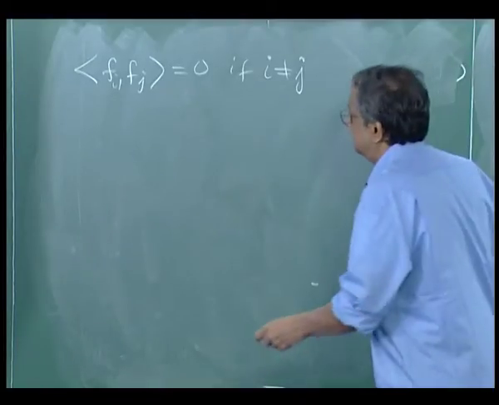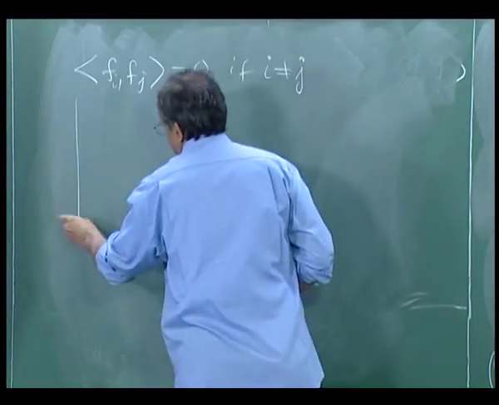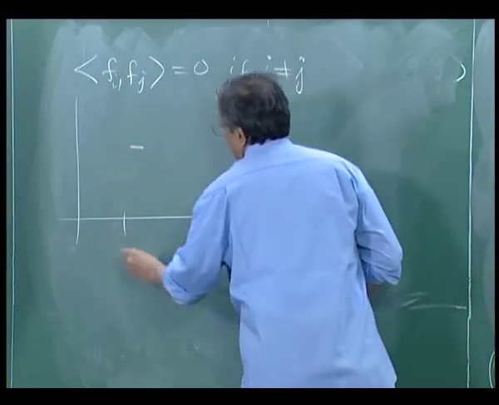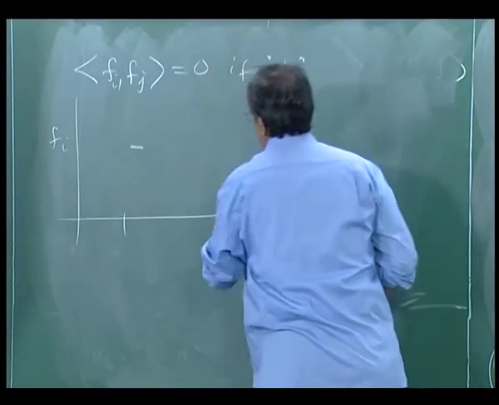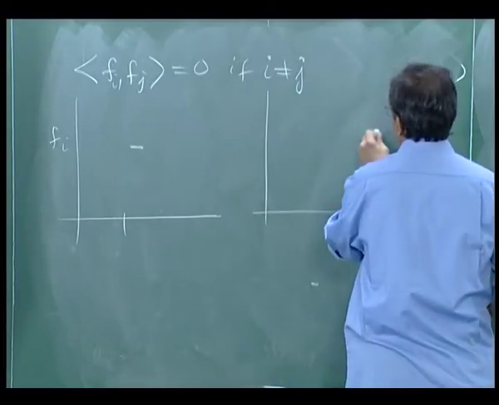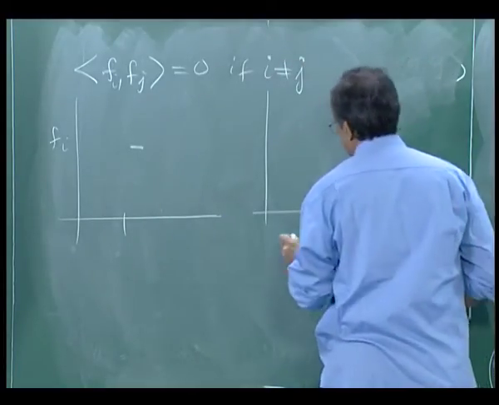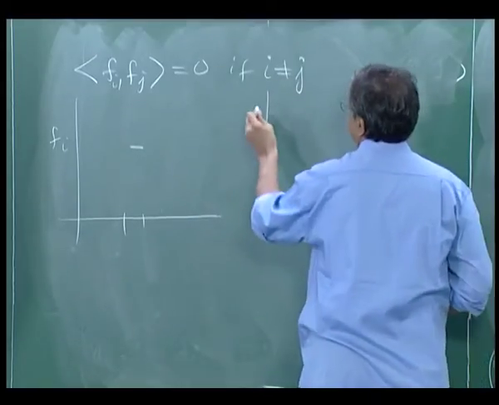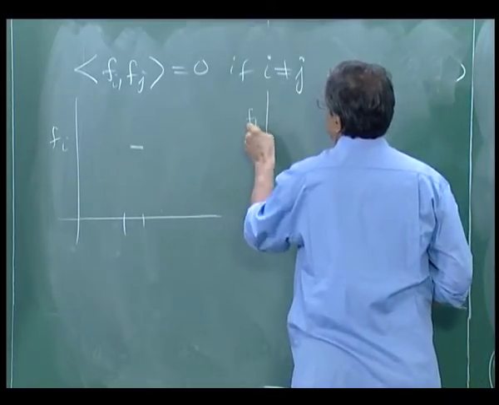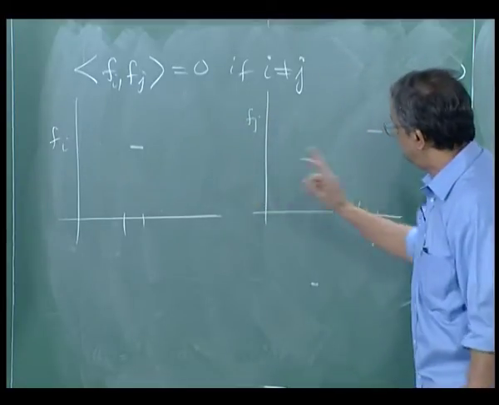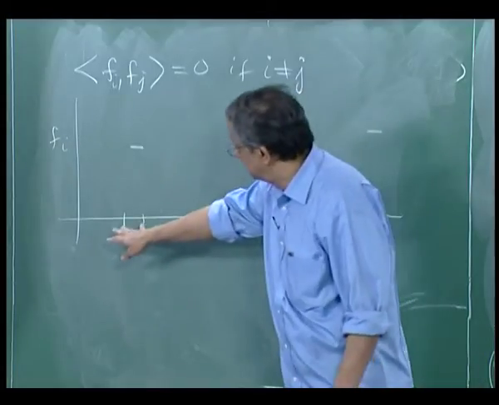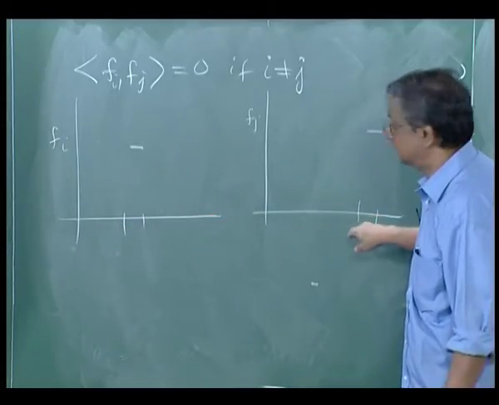So that works simply because if you have one function which is non-zero on the ith interval and you have another function which is non-zero on the jth interval, then if you were to multiply the two, this is non-zero where that is 0, and this is non-zero where that